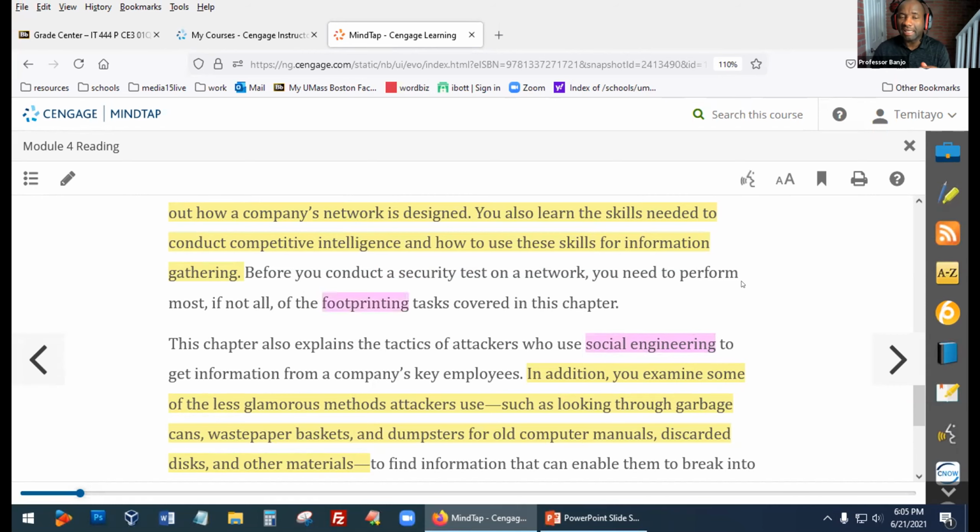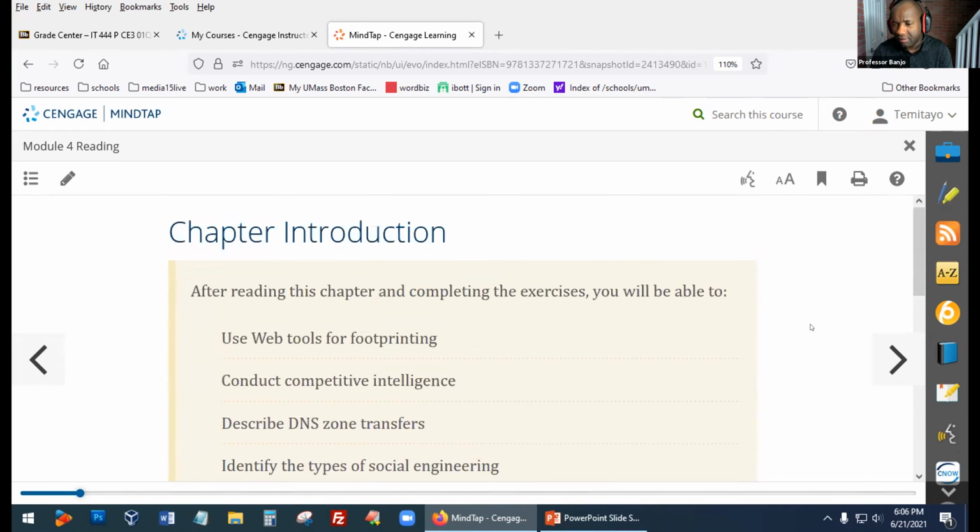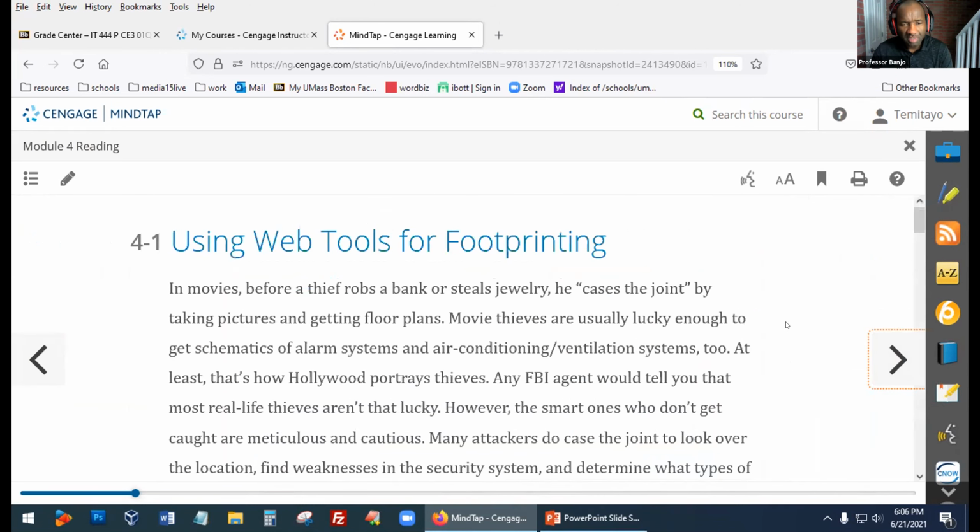Now, footprinting is what you guys did, where you're searching for information. If we go to the next page here, there's a term you might have heard called casing the joint. You're hanging around trying to see, is there security around there? What time do people come in and go out? You're trying to get advanced information.